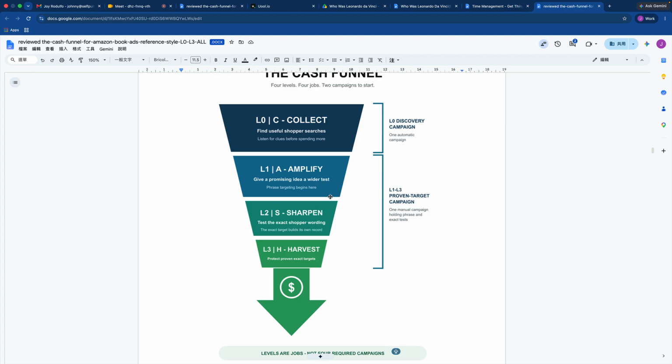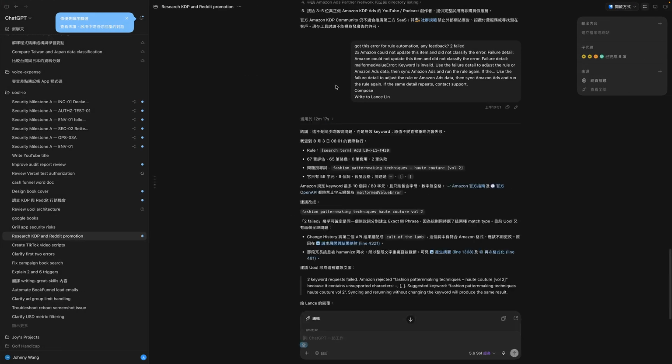But let's say that we want to simplify things. There are some advantages for this, because if I'm only using L1 manual keyword campaign, if I'm choosing the manual campaign for just keyword targeting, I can allocate all the budget to those keywords I want to target. But if I want to simplify things, I can